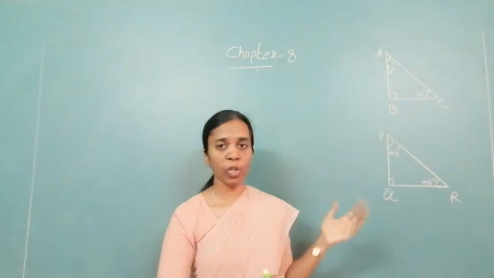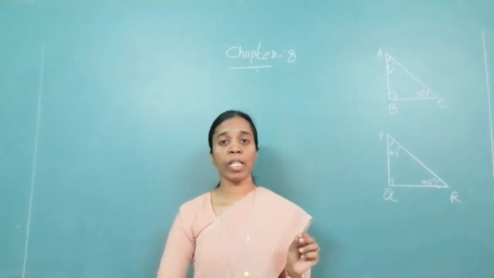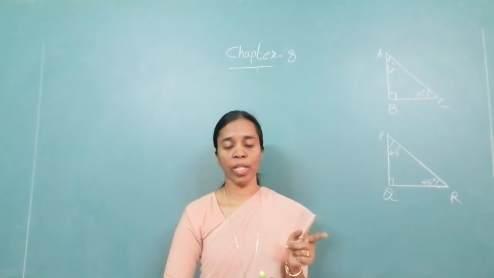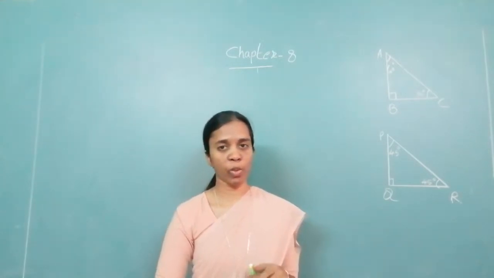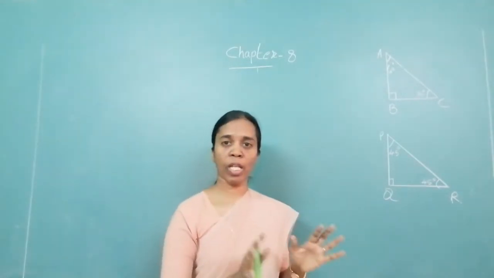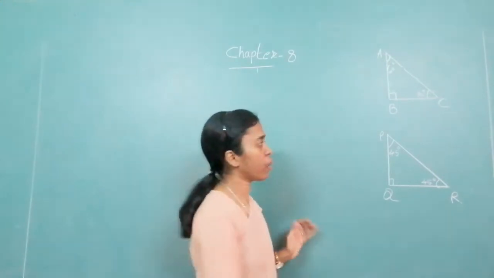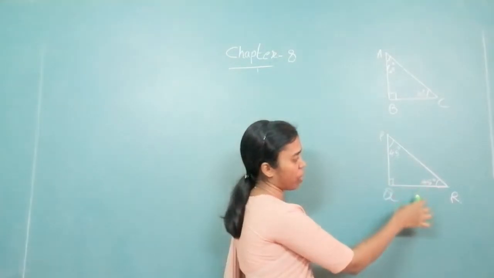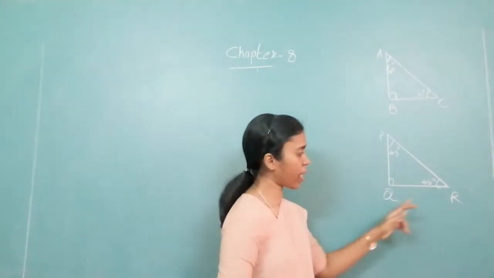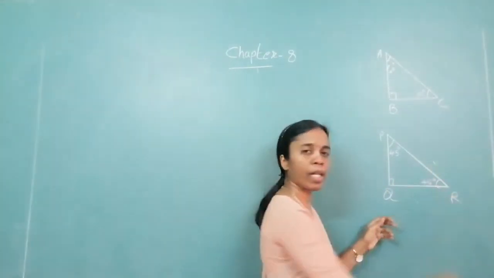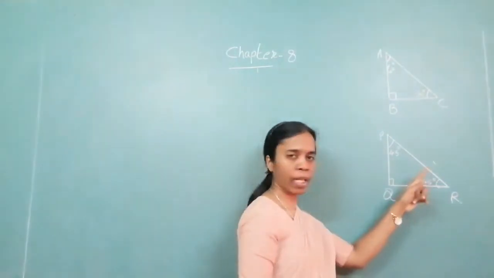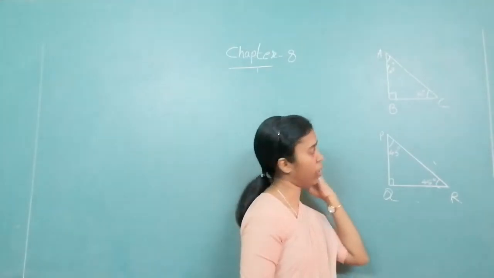Similarly, for 45 degrees also you can find using Pythagoras theorem. That is hypotenuse square is equal to side 1 square plus side 2 square. Using that, these values are fixed. Suppose I say sine 45. Sine 45 means opposite upon hypotenuse. I can find the value of opposite and hypotenuse using Pythagoras theorem. Consider this as A and the other one also, and then you can find it.